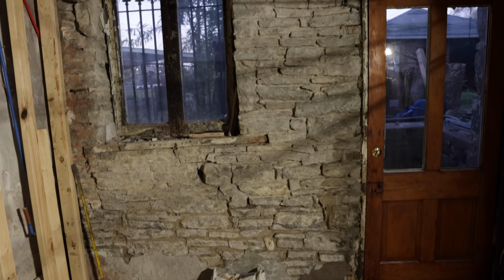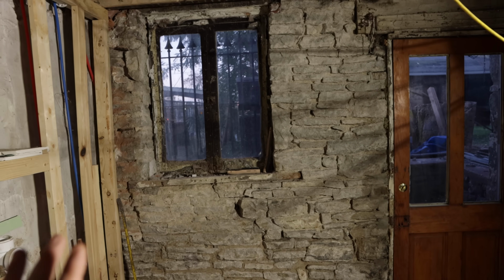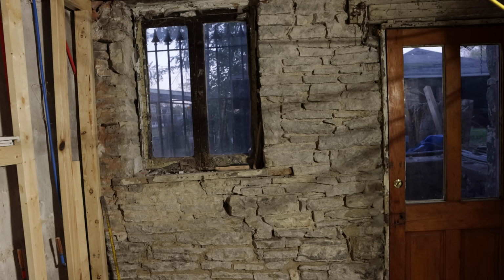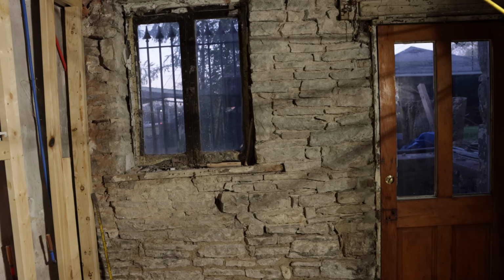All right, so you guys have seen what I've done this week as far as this wall is concerned, but let's get into the reason why I was working on this wall and not another project. It got pretty cold this week. We had a low of 27, which is like -3 or 4 Celsius,